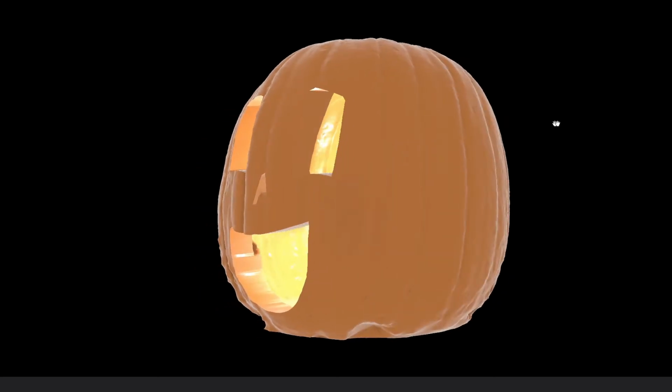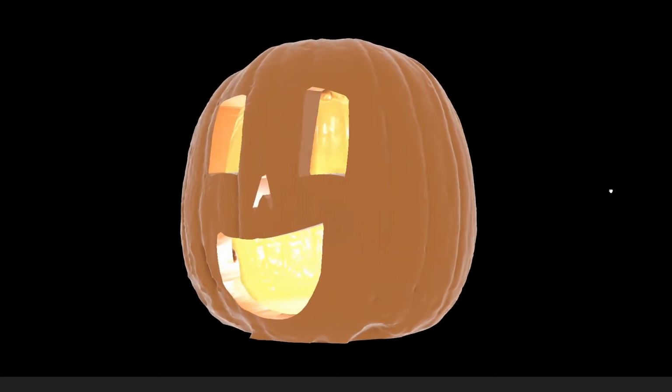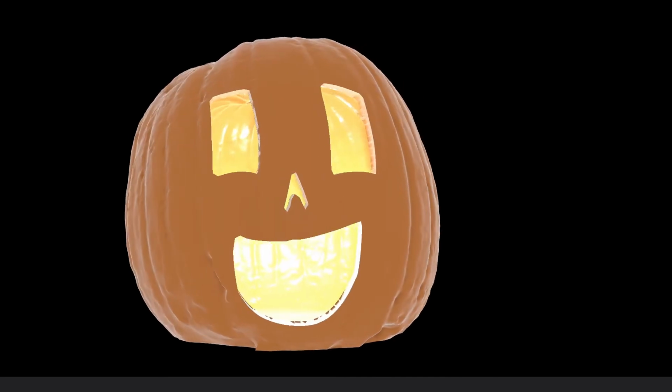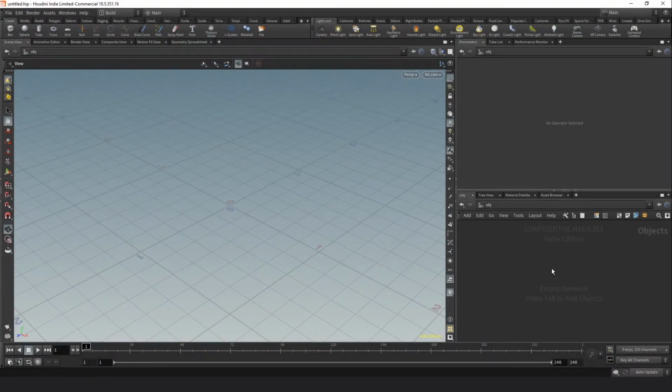Hello everyone, I'm Ben, and in this video we're going to be making a Halloween pumpkin in Houdini 18.5. Let's jump into it. Alright, so here I am at my viewport, and the first thing I want to do